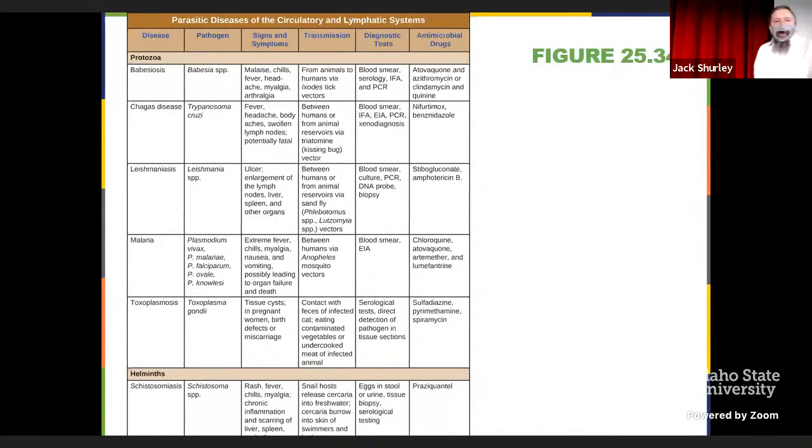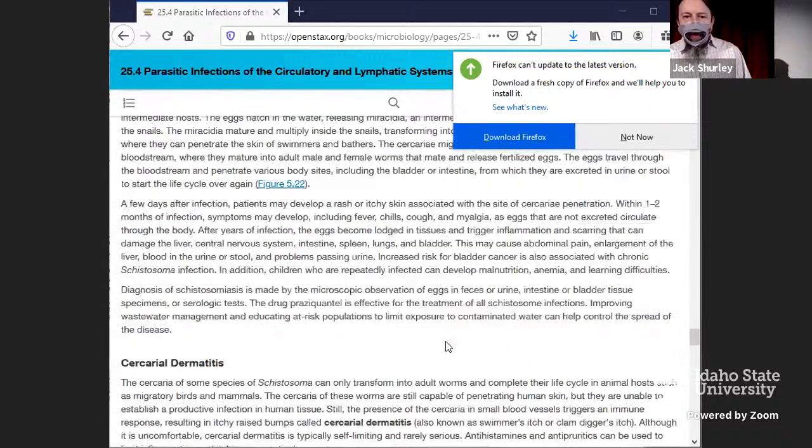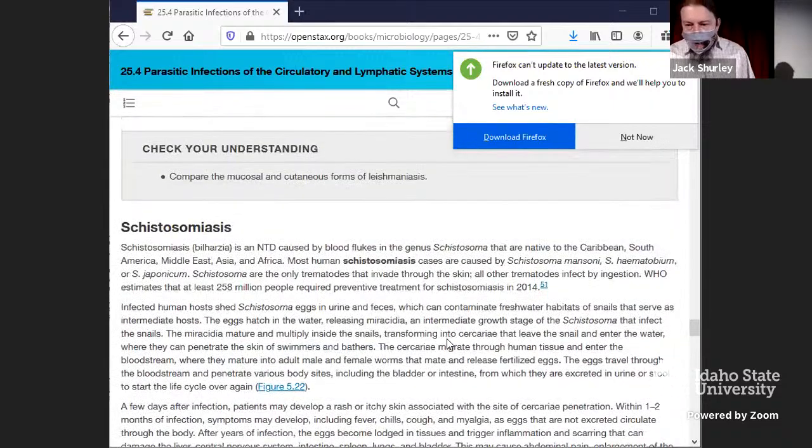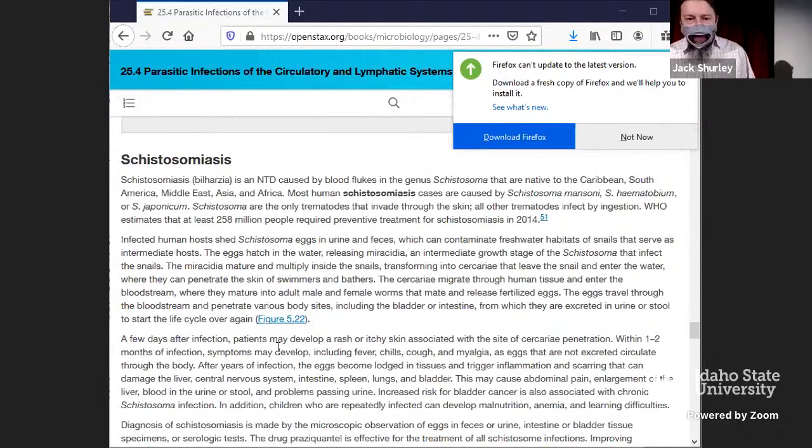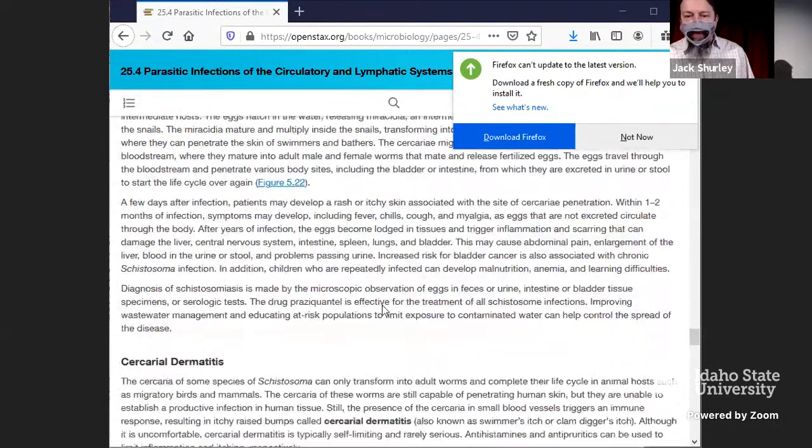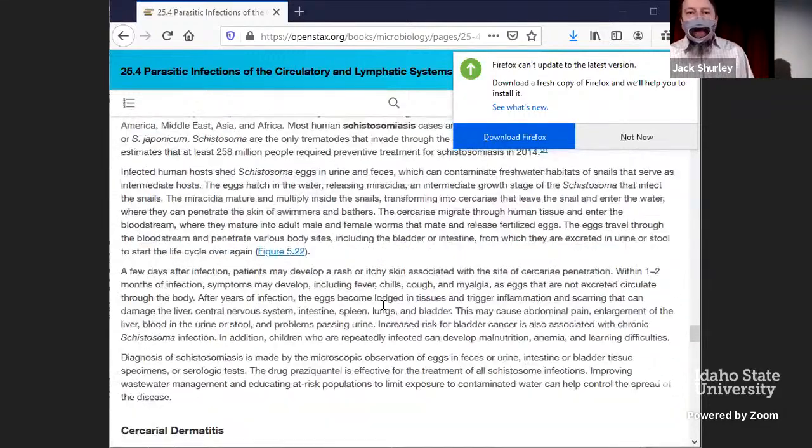So we hit virtually all of these. The one we didn't talk about was a worm, schistosomiasis. The text does mention it a little bit. If I remember right, I don't think there was an image with it. Let me check real quick just to see. I'll clear back to chapter 5, which is when they mentioned some of that with the life cycle. So that's fine. We don't need to open that up.